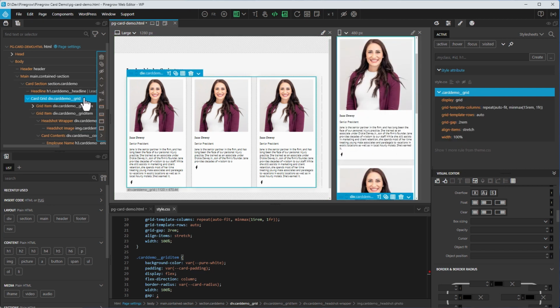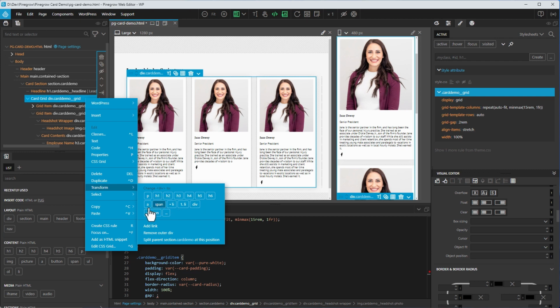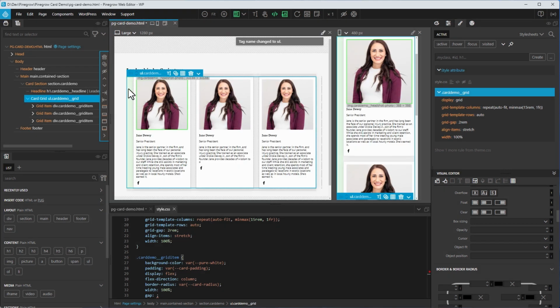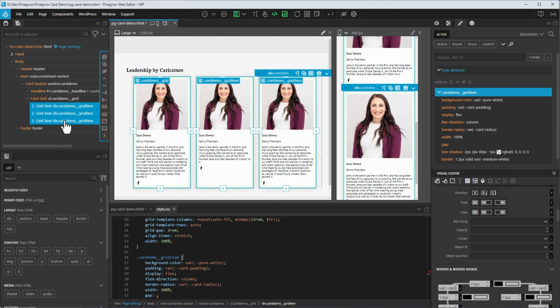So if you remember, we want to make the card grid an unordered list and each grid item a list item. So to change this card grid, we just right click on it, transform, and we don't have unordered list in here, so we can just click on the dots and say UL, and that changes that for us. We'll click on the grid item. As a matter of fact, we'll click on all 3 grid items,